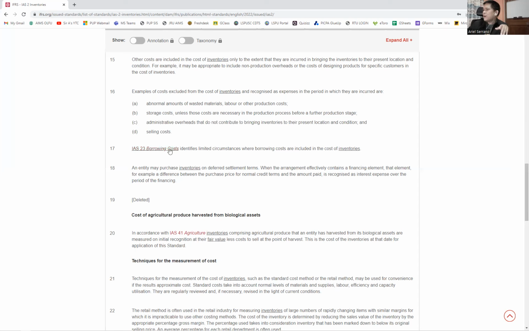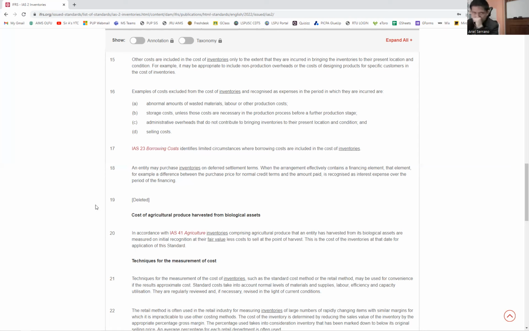Anong sinasabi dito? PAS 23 or IAS 23. Sa IAS 23, on borrowing cost, there are limited circumstances where borrowing costs are included in the cost of inventories. Okay, but normally, when we are talking of financing, cost of financing, borrowing cost kasi, although it will be discussed separately,